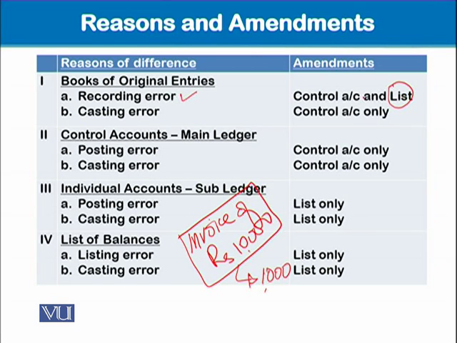And since this error is appearing in the book of original entry and the control account is prepared with the help of the total of the book of original entry, therefore the control account will also be giving the wrong balance. So if there is an error while recording information in the book of original entry, this issue will require amendments in the control account as well as in the list. Agreed? Well, then comes